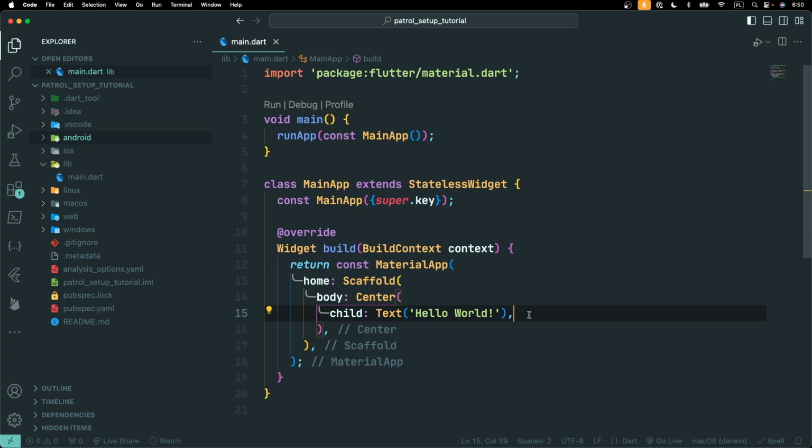In this guide, you're going to learn how to set up Patrol in your Flutter project. We are starting with a new empty Flutter app that is as simple as it gets. And the first thing that we would like to do to set up Patrol is to actually add it to